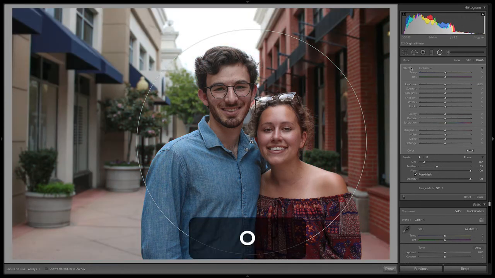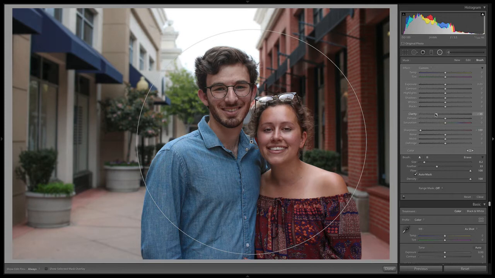Now I'm going to press O to turn off my mask overlay and do a couple things. First, I'm going to drop down the sharpness again. I'm going to drop down the clarity again just a little bit. Now, you might be saying, well, Phil, why didn't you just drop the clarity down even more on that first slider? And that's a good point. I could have just dropped the clarity down on the first radial filter, but I just did it this way. So yeah, there's no real reason.